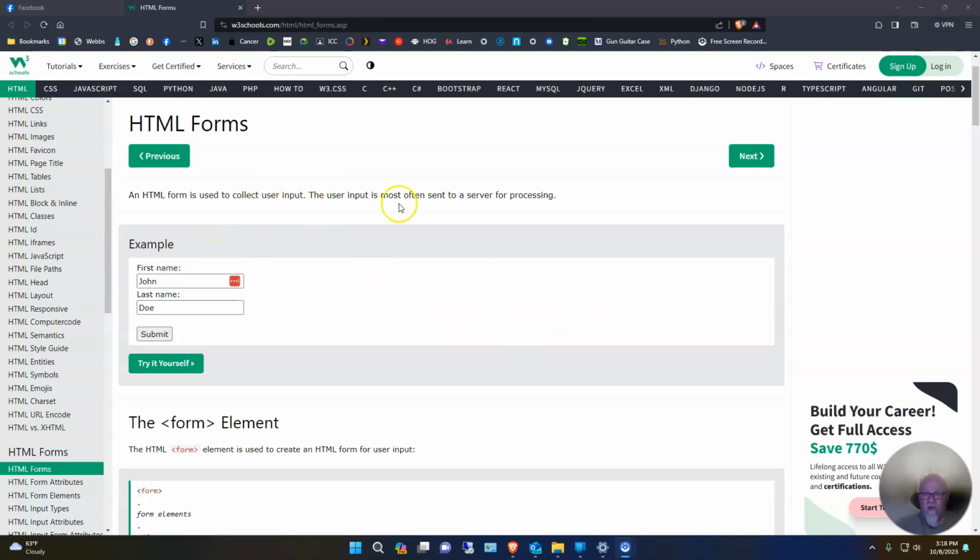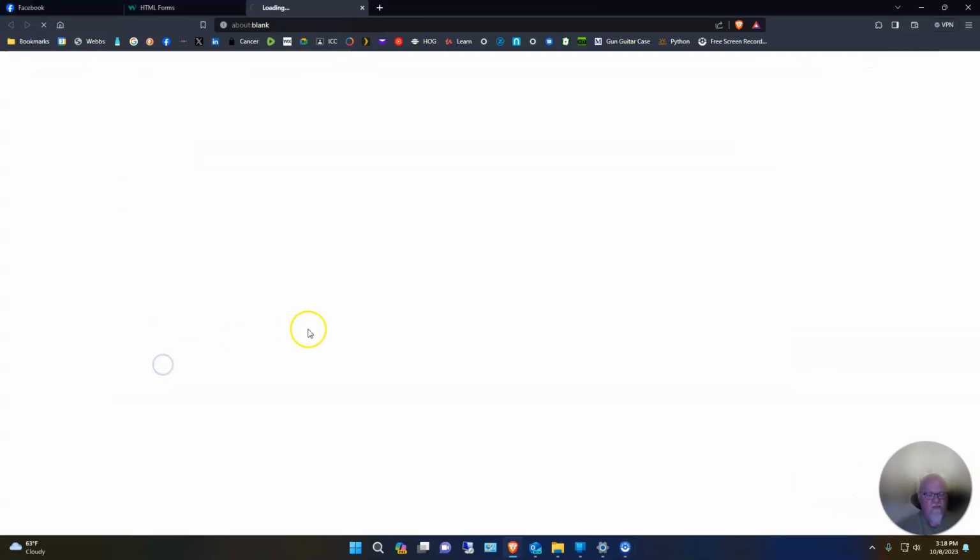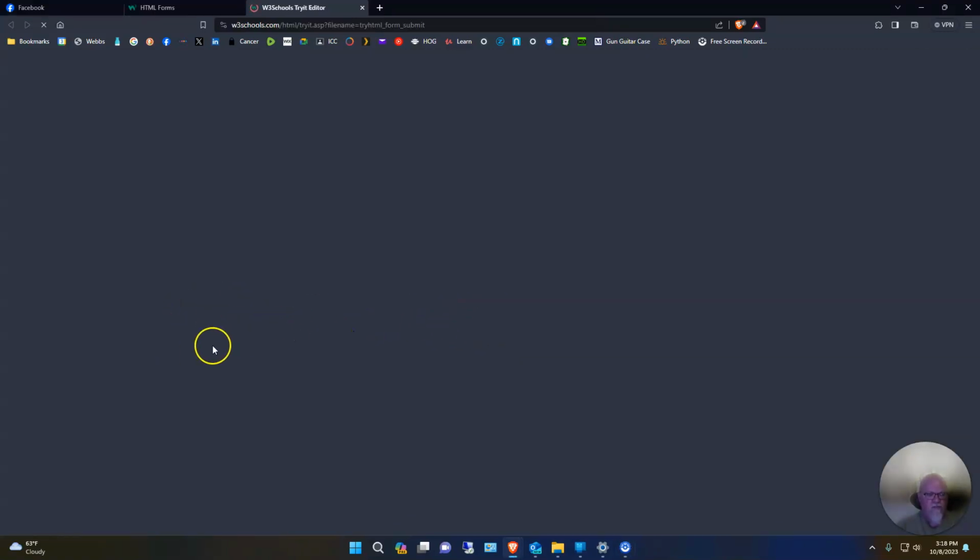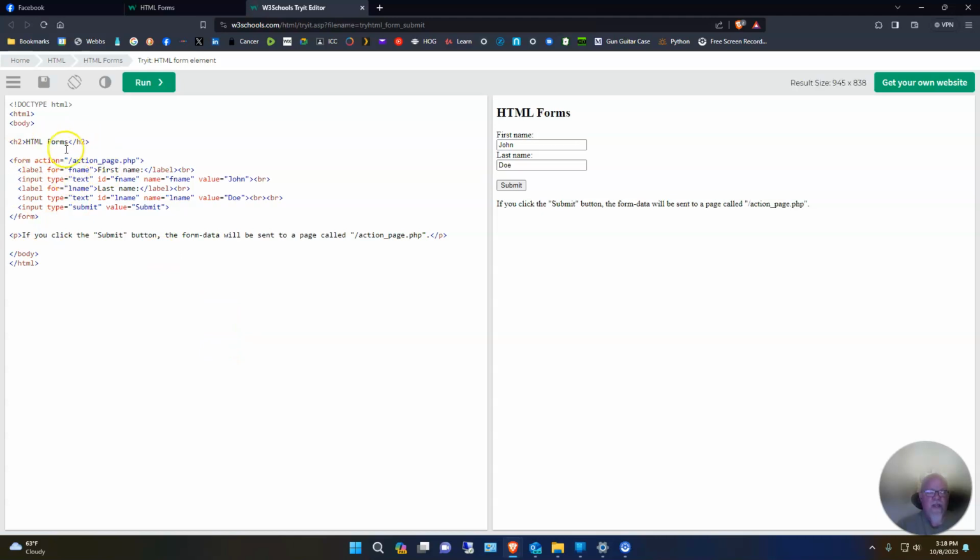So what is a form? Well, this is a form right here. We've basically got a text box, we got a button. So this is just a really simple basic form. So if we take a look at it, let's see what it looks like. So this is what a form looks like. We have a form tag. And what this says is